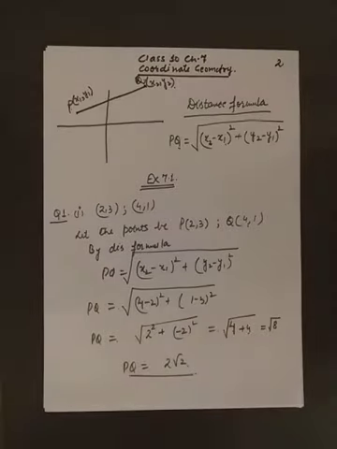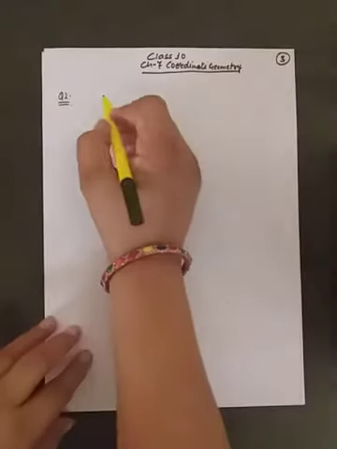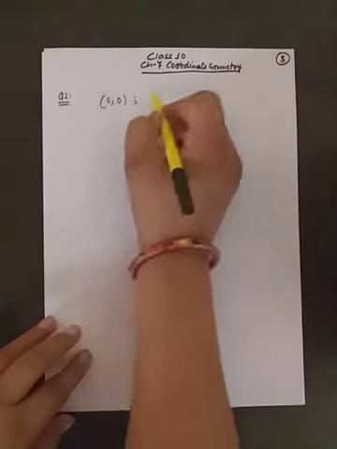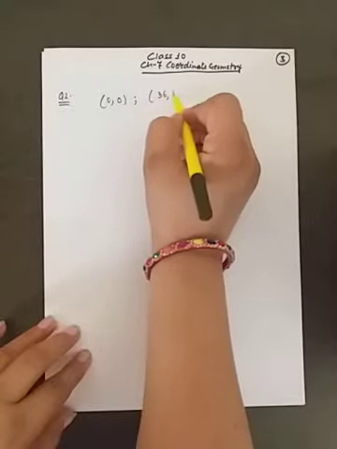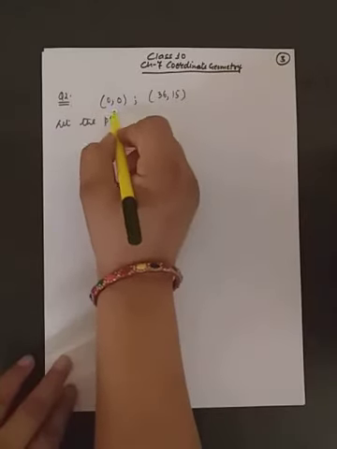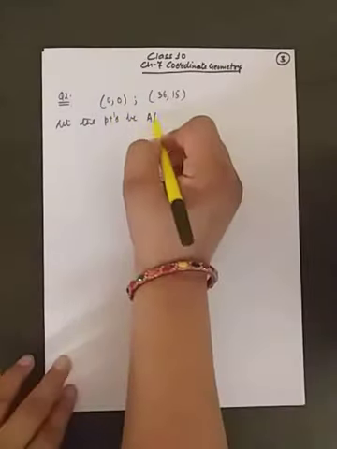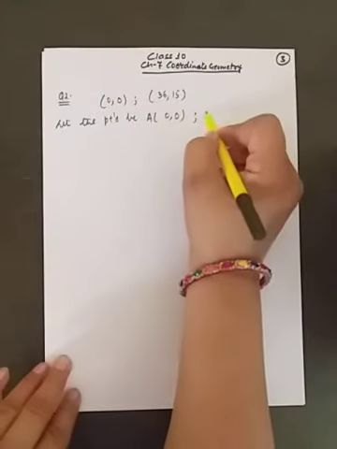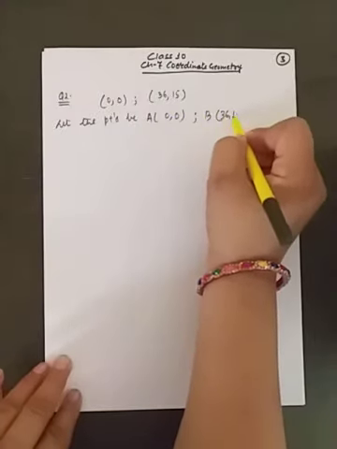Similarly, we can try the remaining two parts of this question. Question number 2: find the distance between the points (0, 0) and (36, 15). We have to find the distance between the point (0, 0) and the second point whose coordinates are 36 and 15. Again, let the points be: A point is (0, 0). You can give any name to your points.